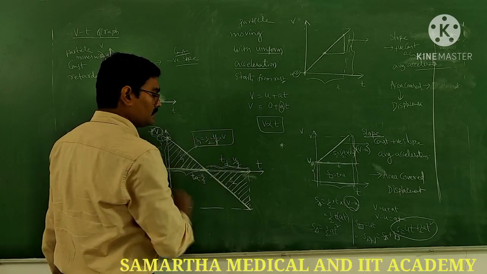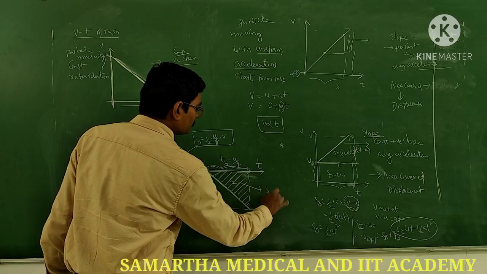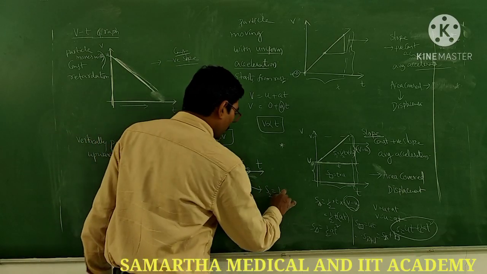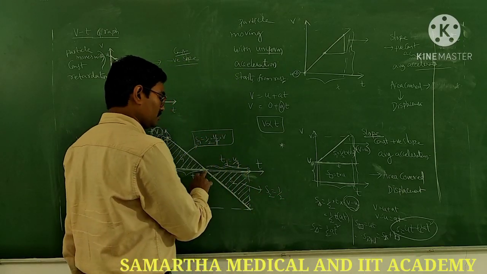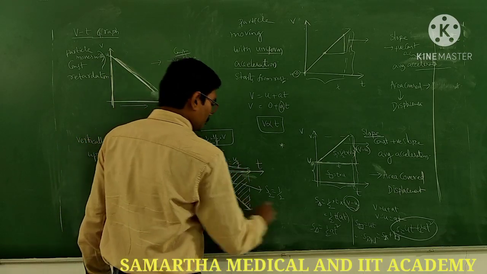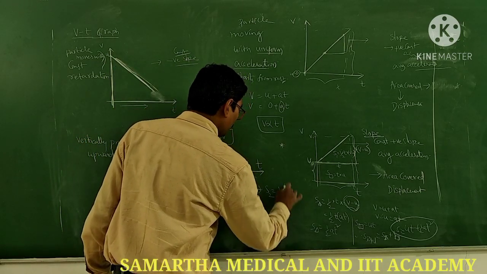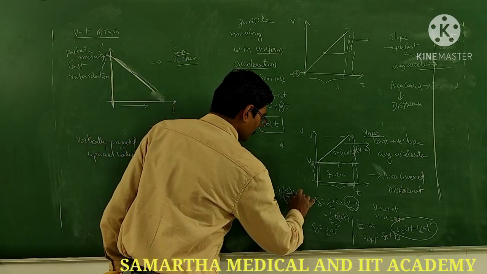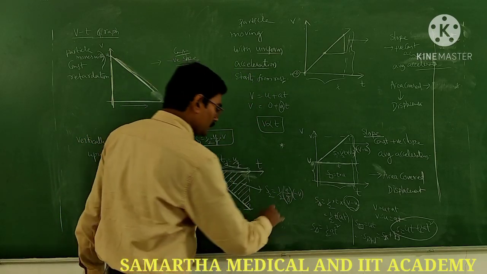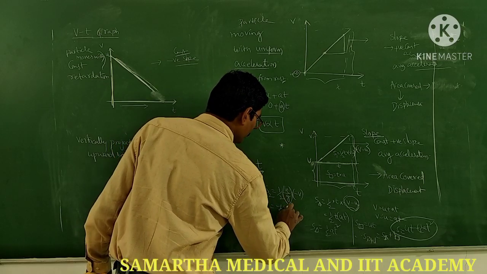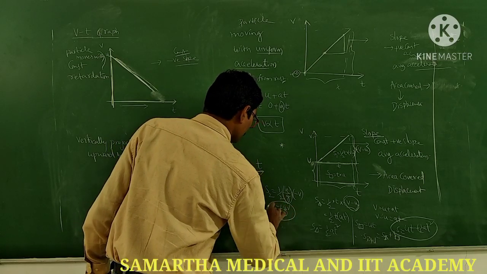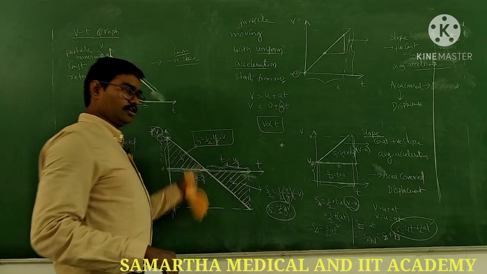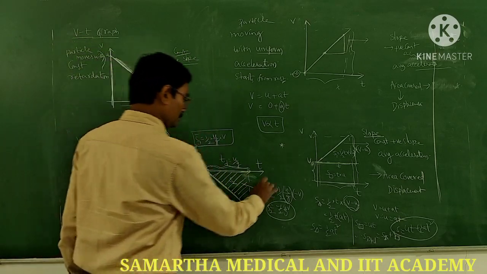Wait. Next, for this S2 you tell me? Half, first as it is, minus it, half base u by g. Height is minus v. So, minus half uv by g. That is S2. Net, total displacement is 0.